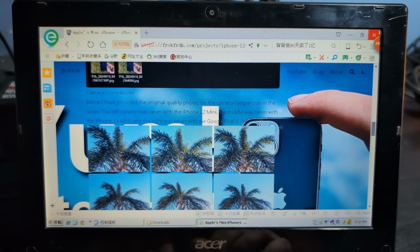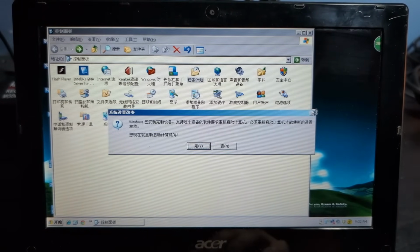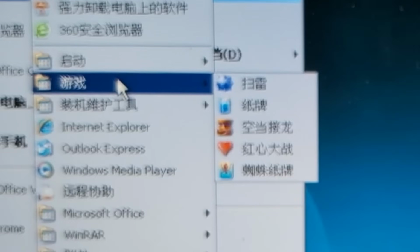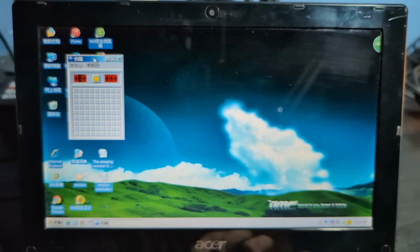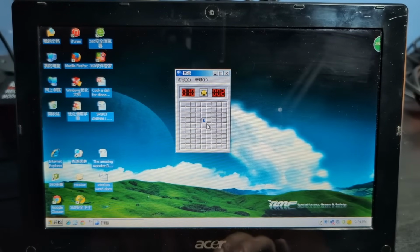Okay, whatever. You know what? This is just hopeless. Alright, let's close that off. At least it, like, closes without a fight, which is good. Well, that was fun. Okay, we got lots of programs. Like, oh, of course, yes! Minesweeper, the pinnacle of Windows XP gaming right here. And I suck at Minesweeper, so...